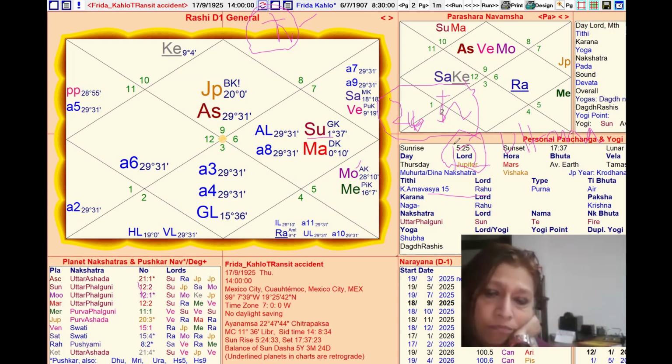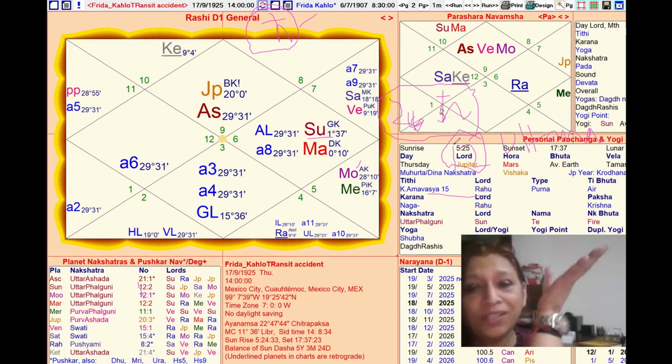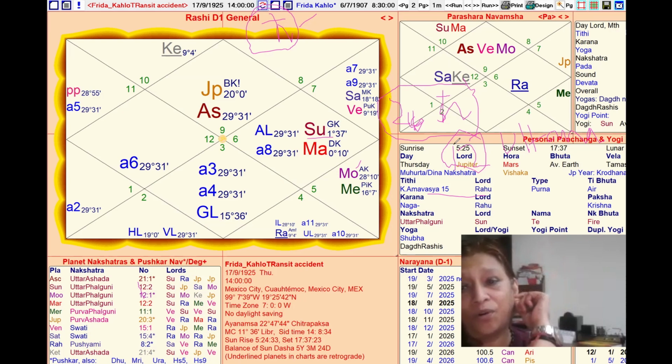Mine is, let me see, Shani in Pushya. What number is it? It's Pushya, 8. And where is your moon? My moon is in Vishakha, 16. Okay, so Shani is 8, and the moon is 16 in Vishakha. And then the sun? No, forget it, we are not doing the sun. We just focus on the moon and Shani.